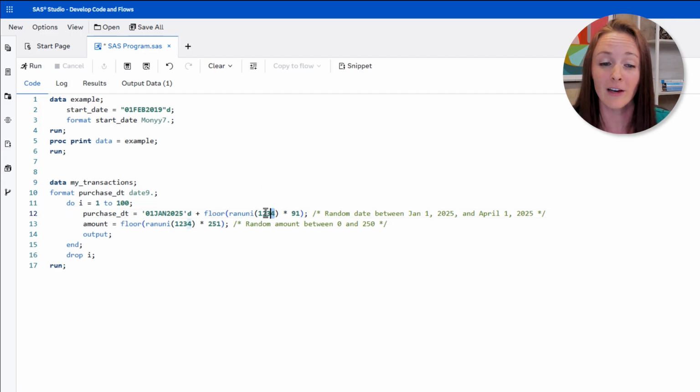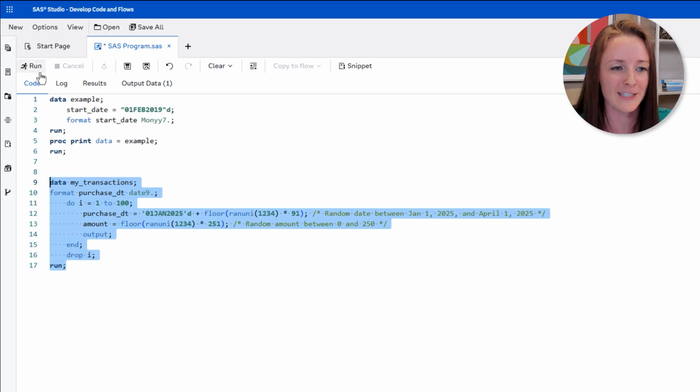I do have a seed value here, so you can recreate this at home. This is used for reproducibility. And then I'm going to perform a similar function for our amount. So we have our amount function, which is going to create any value kind of randomly assigned between 0 and 251. So we're going to end up seeing a data set here that has 100 observations with a purchase date variable and an amount variable. I do have this drop statement here at the end because I'm dropping the I, which is part of the do loop. So if I go ahead and I run this code,